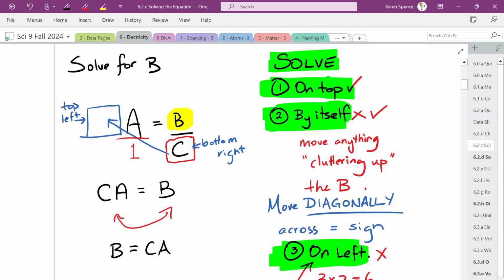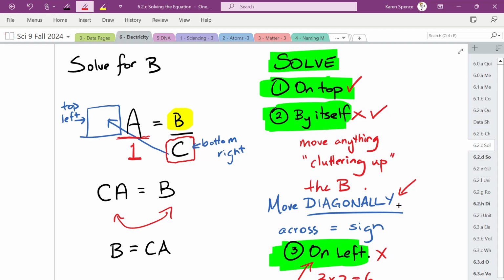And we learned 3 ways of doing that last day. So there is the diagonal method. Okay, so we can move things diagonally. Now remember, when you move things diagonally, if you've got nothing under something, it helps to just put the number 1 on the bottom so you can see the difference between the top and the bottom,